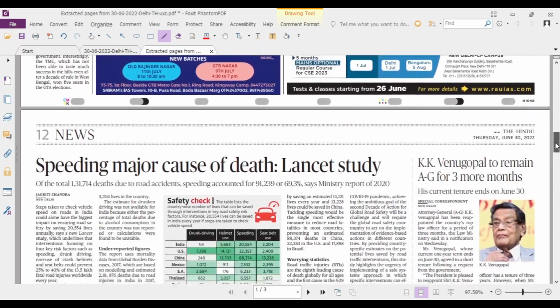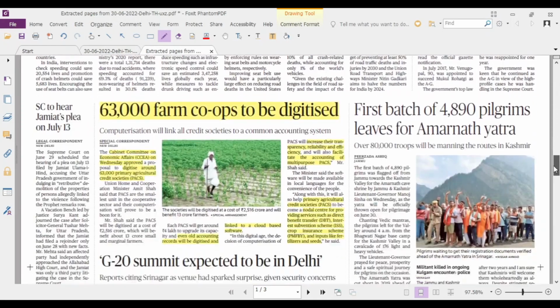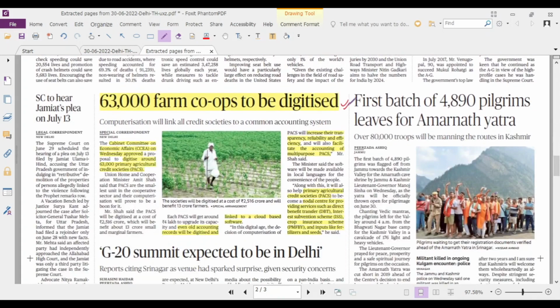There are no economy related articles in the editorial page and open editorial page. In the news page, there is a mention of news about the primary agriculture cooperative. The Cabinet Committee on Economic Affairs has approved a plan to digitize all the 63,000 primary agriculture credit societies in India. The PACs, as we call them, are the basic link between the farmers and the government, and